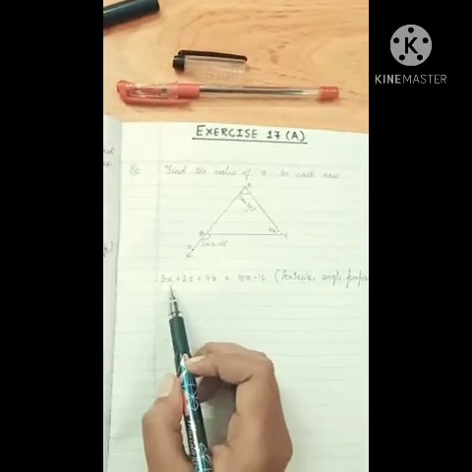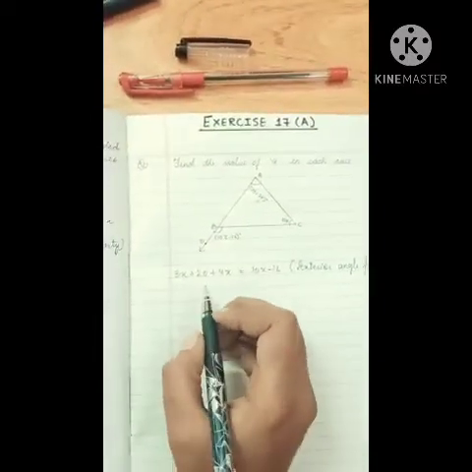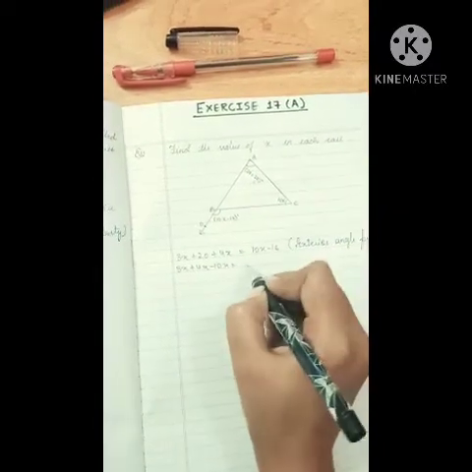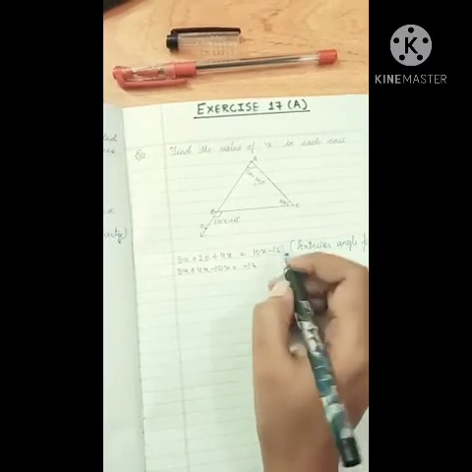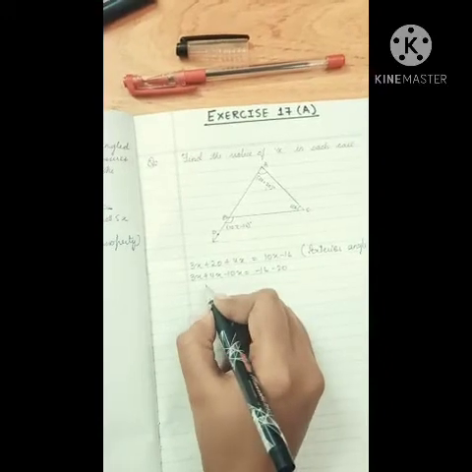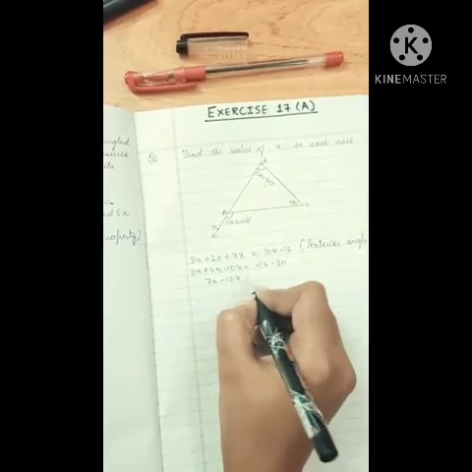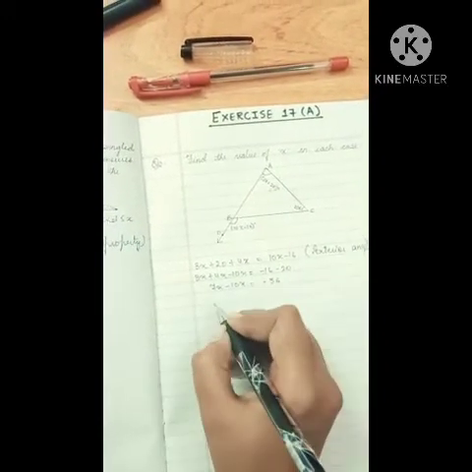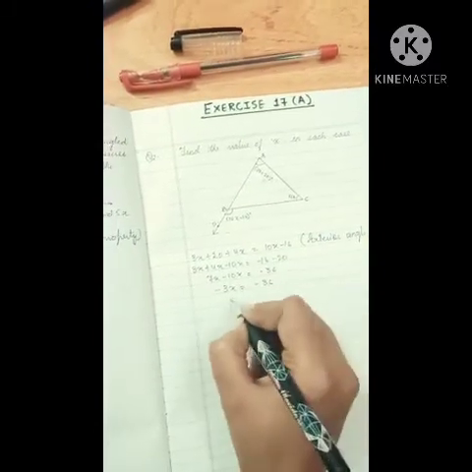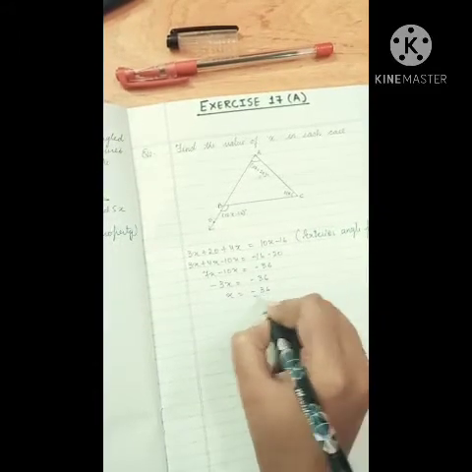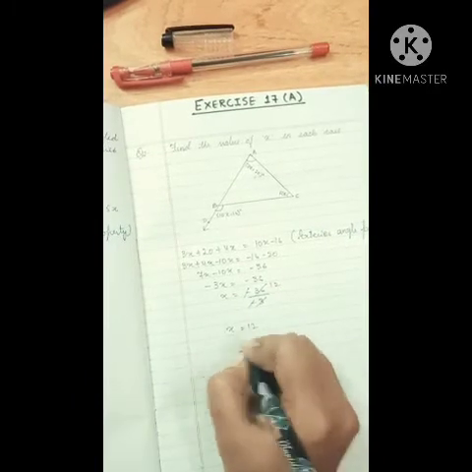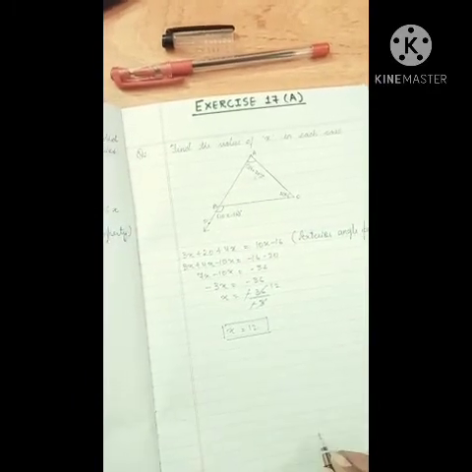Right? Now we collect the variables one side, 3x plus 4x minus 10x, and the numbers one side. 3x plus 4x, 7x minus 10x, and here we get minus 36. Here we get minus 3x is equal to minus 36. So x is equal to minus 36 divided by minus 3, minus minus cancel out, 3 1 times, 3 2 times. x is equal to 12.